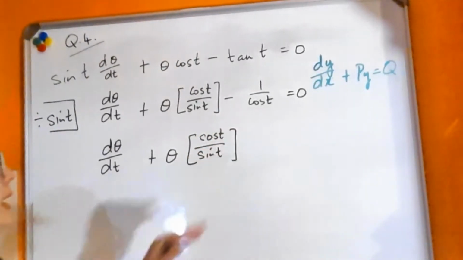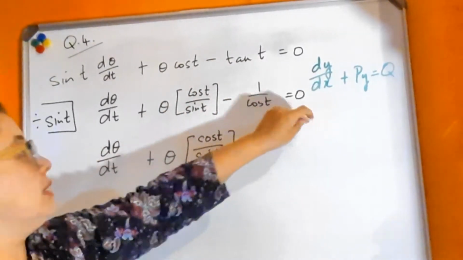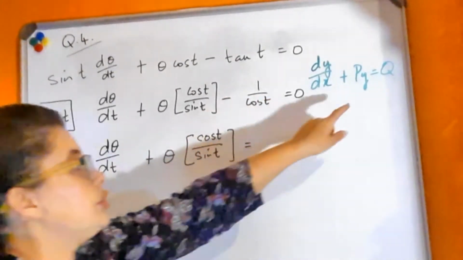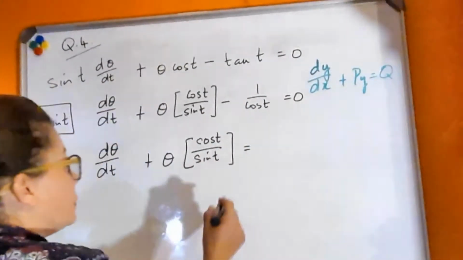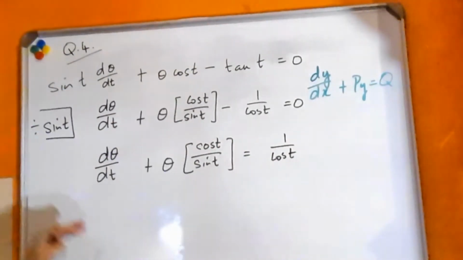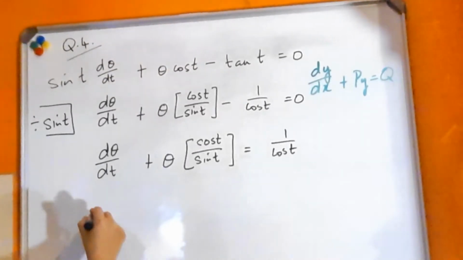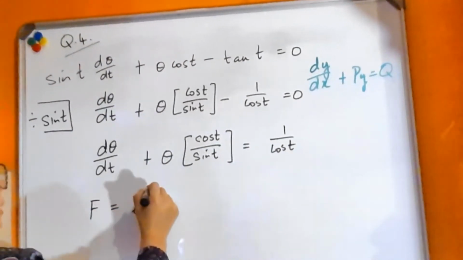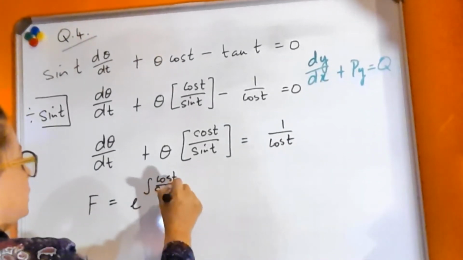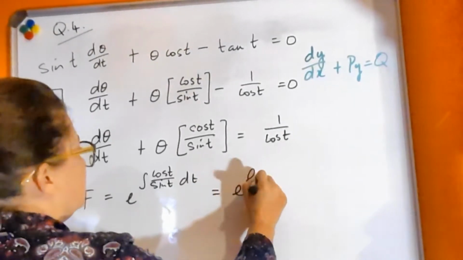And then we're going to move this term to your right-hand side, because there you only have your independent variable in it, which is what Q is in your standard form. So that is going to be 1 over cos t. So that's in standard form. Now we need to find our integrating factor. So F is e to the integral of cos t over sine t dt, and that is going to be